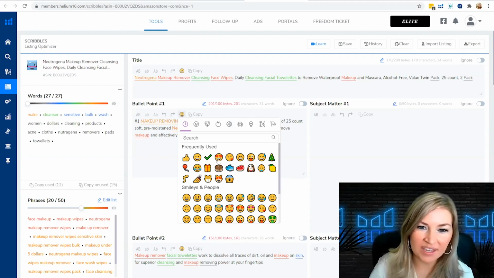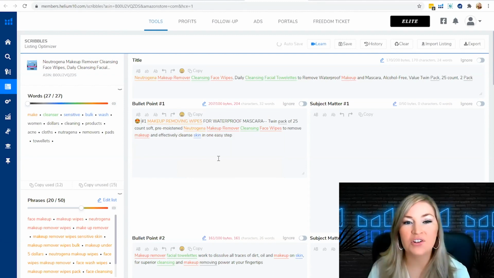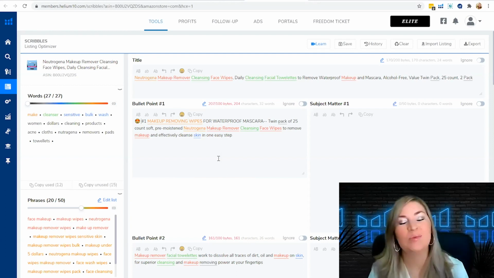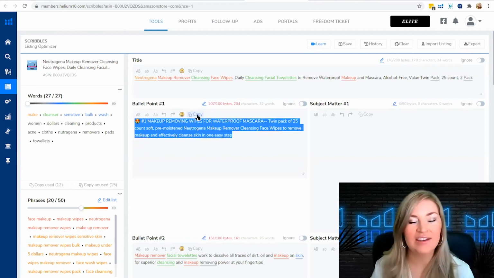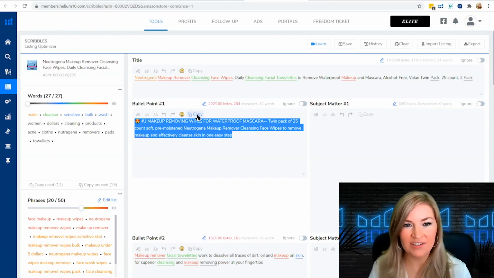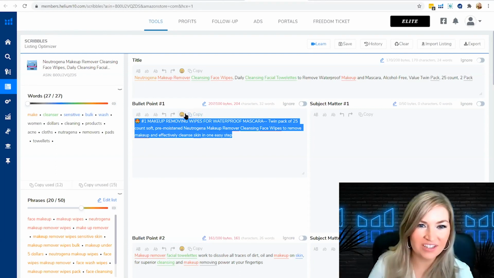And what's awesome to me is if I click on this, it will automatically have the correct HTML coding. In the past when I've tried to do different hexadecimal coding, sometimes it's a hit and miss, and sometimes Amazon wouldn't show that emoji and it would just be a question mark and it just looks strange. But with this, all I have to do is copy this. I don't have to do any tricky HTML coding. I just paste it right into my Seller Central as I'm updating the bullet point, and it's good to go. So I think it's a really cool feature.